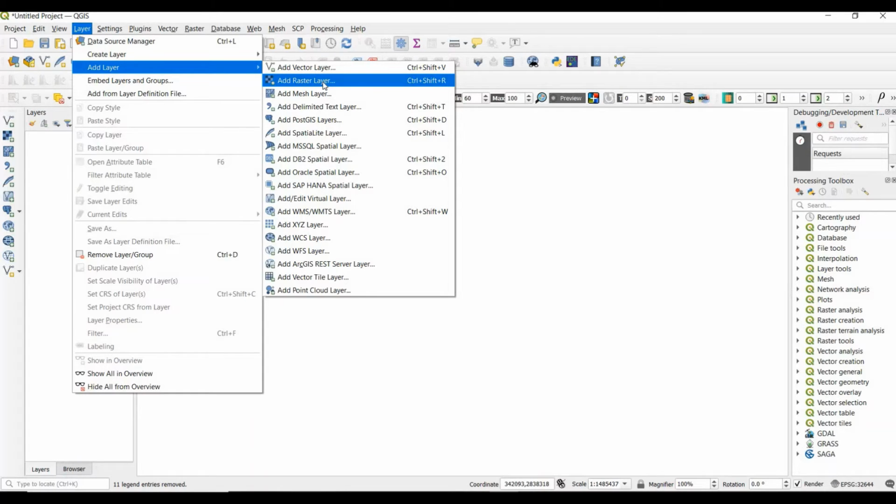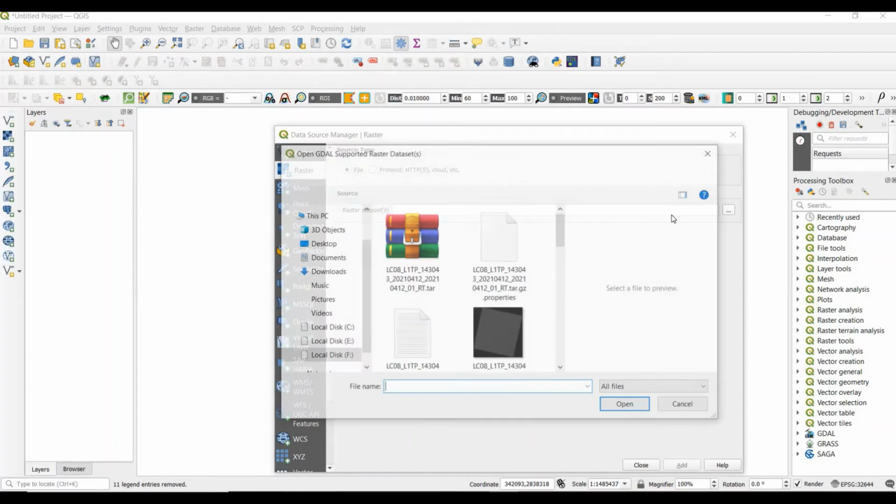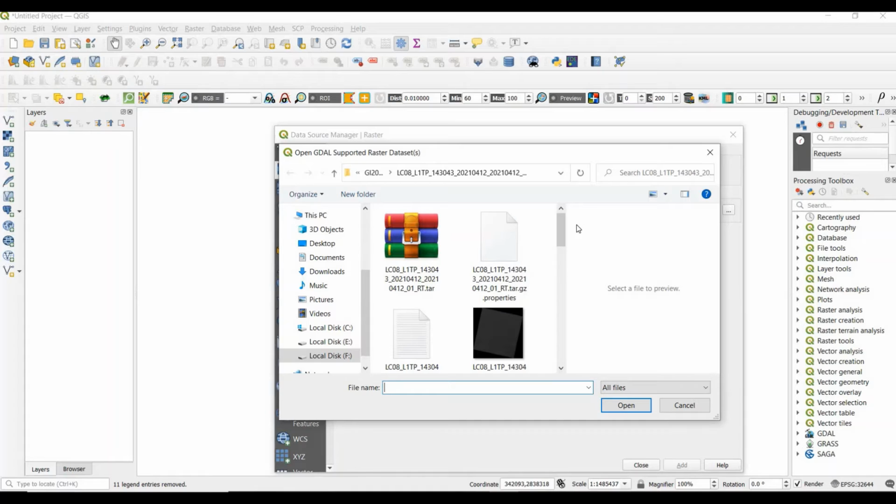Raster data contain matrices of pixels or cells. So satellite data is in the format of raster layer. So we click on raster layer, add raster and give the location or path where we store our data.